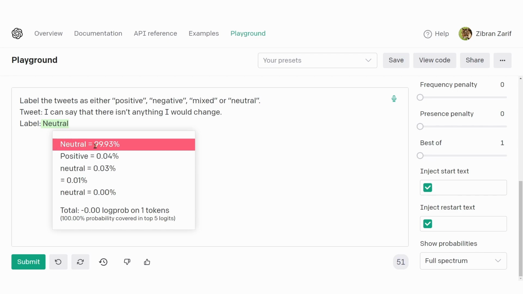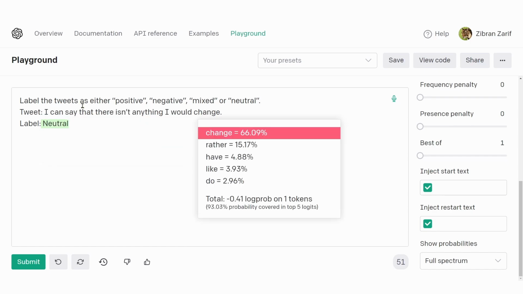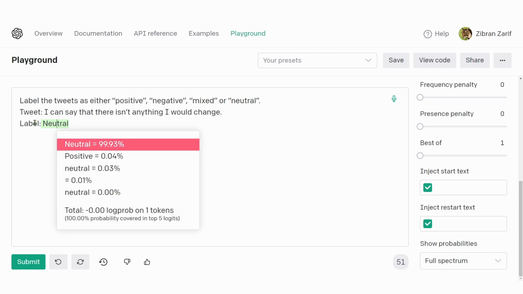had the highest likelihood. The basic task of a large language model is to predict the next token, the next word. And our model had these four options, right? Either positive, negative, mixed or neutral. It had to pick one sentiment, and based on the vast amounts of data it has been trained on, our model can say that if this is my tweet, then this particular label is most likely to be neutral with more than